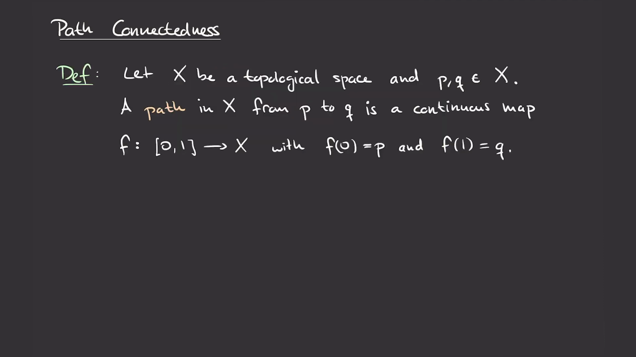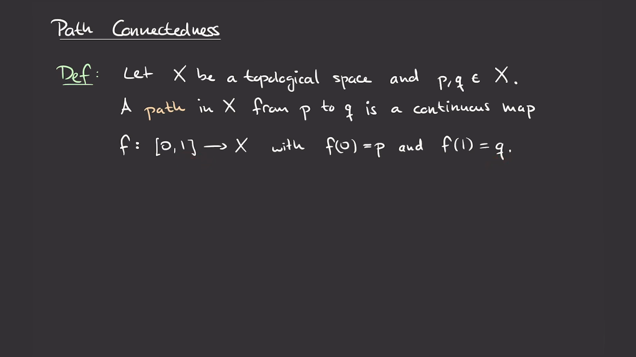Let's now make these ideas precise. So first we start by defining what we mean by a path. For this, we let X be a topological space, and we let P and Q be 2 points in X. Now a path in X from P to Q is just a continuous map f going from the unit interval [0, 1] into X such that f(0) is the point P and f(1) is the point Q. In other words, a path in X from P to Q is just a mapping of the unit interval into X such that the left endpoint 0 of the unit interval is mapped to P and the right one is